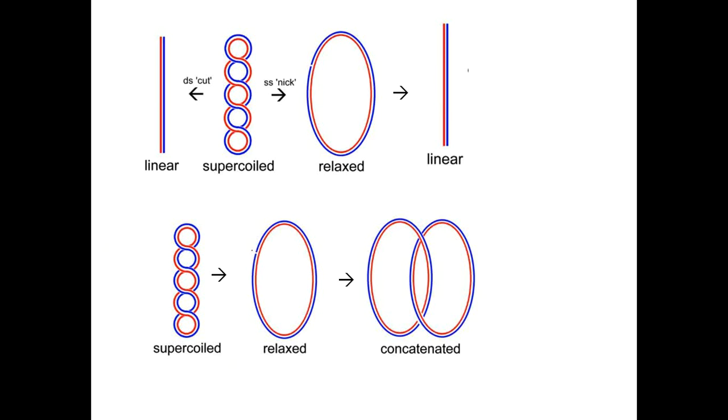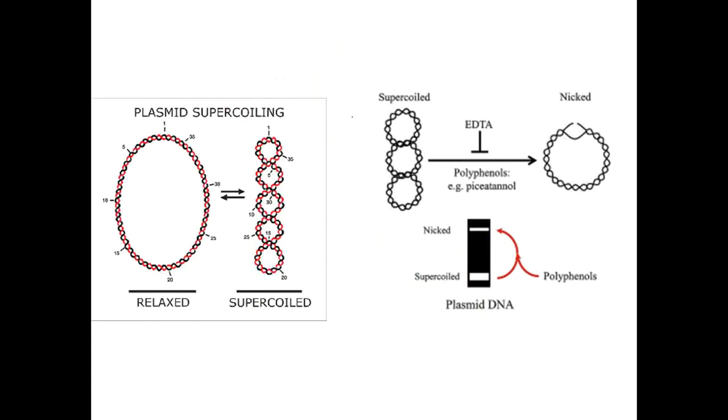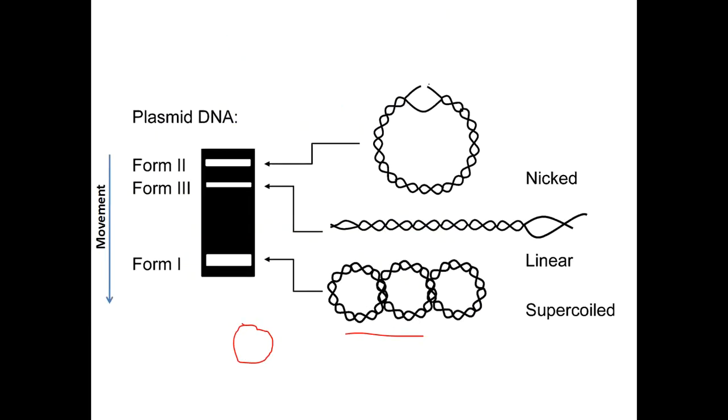And when there's a cut in this particular circular form, you can see a small cut, right? This is called the nicked DNA, where a single strand of the circular DNA is cut, meaning there is a cleavage there, a breaking, there is no phosphodiester bond between the nucleotides at that site. This broken circular form of DNA is called the nicked DNA. See here, this is the broken strand, right? This kind of DNA form, form 2, is called the nicked DNA. So this is form 1, supercoiled DNA, and form 2, nicked DNA.